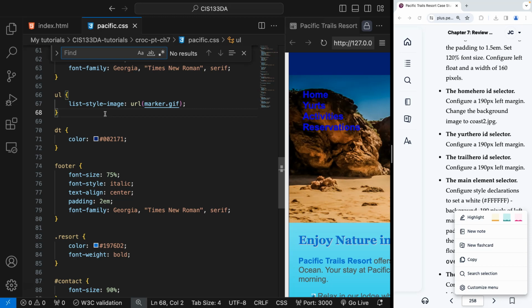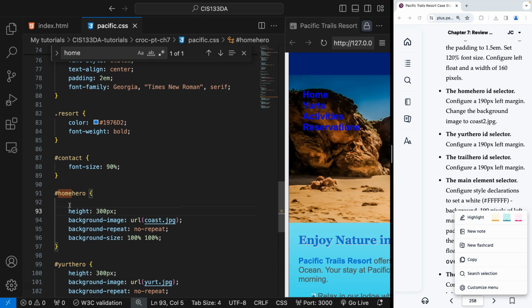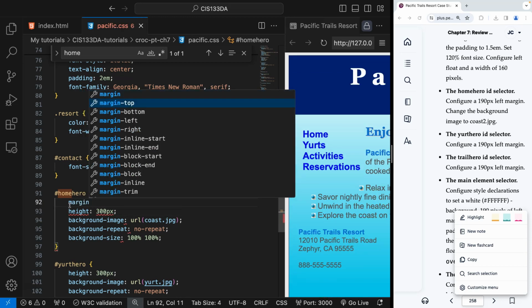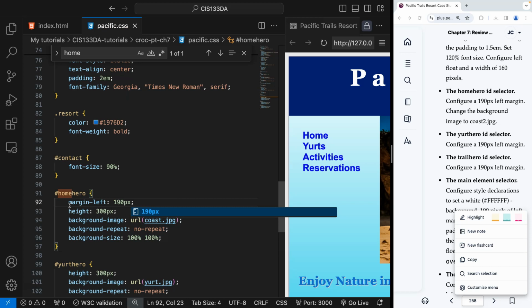I'm going to Control F. Home hero, here it is. So I need a left margin. Margin left is 190 pixels. And then the background image is now